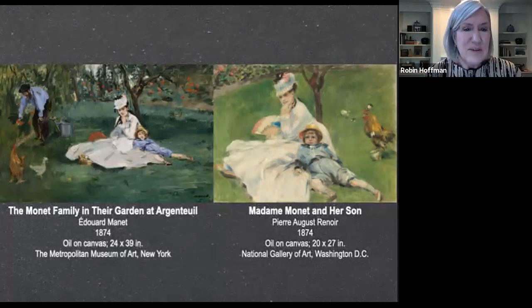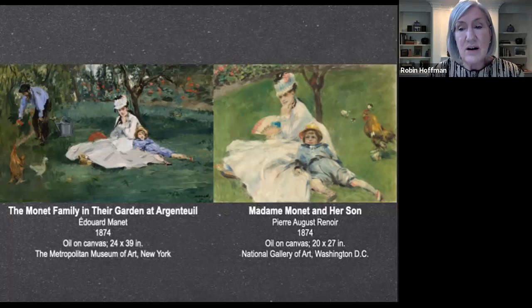So the poses of Camille and Jean are very close, as you can see in both of these works. Manet's version takes a wider view, revealing a much deeper background, and this added depth places his figures in a more specific, more real-time place. In Manet's version, we even see Monet with his watering can at his feet. And while Renoir shows Camille's gaze drifting idly upward, Manet depicts her looking directly at the viewer. The moment feels more concrete. Even Manet's paint appears more substantial than Renoir's.